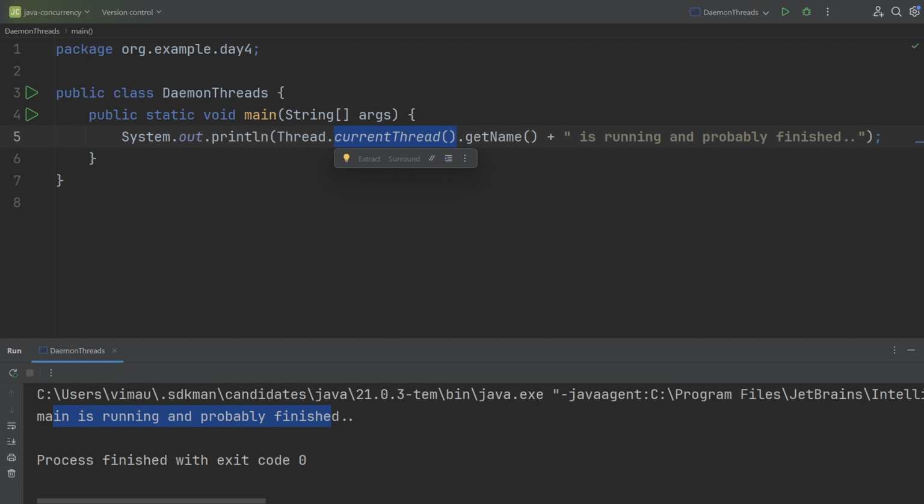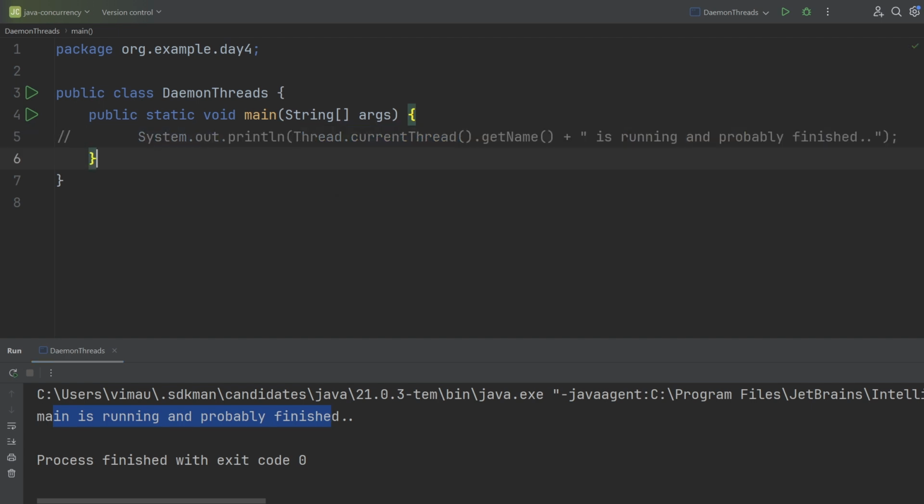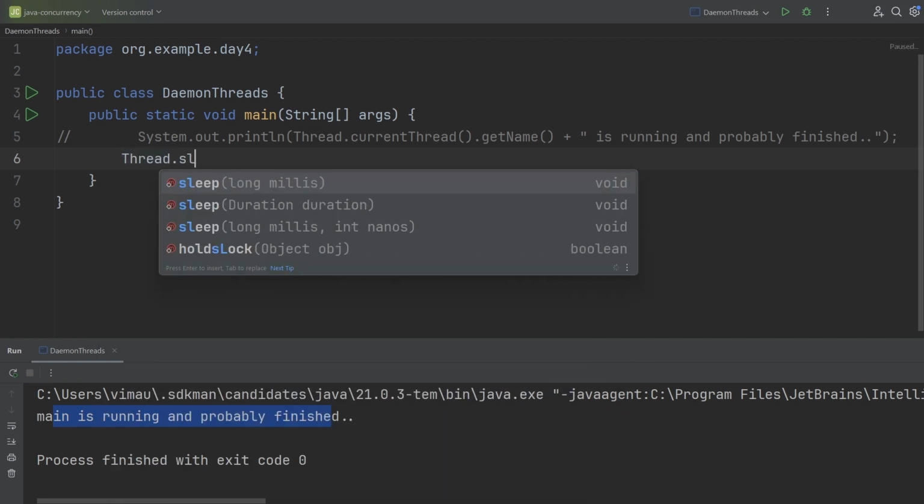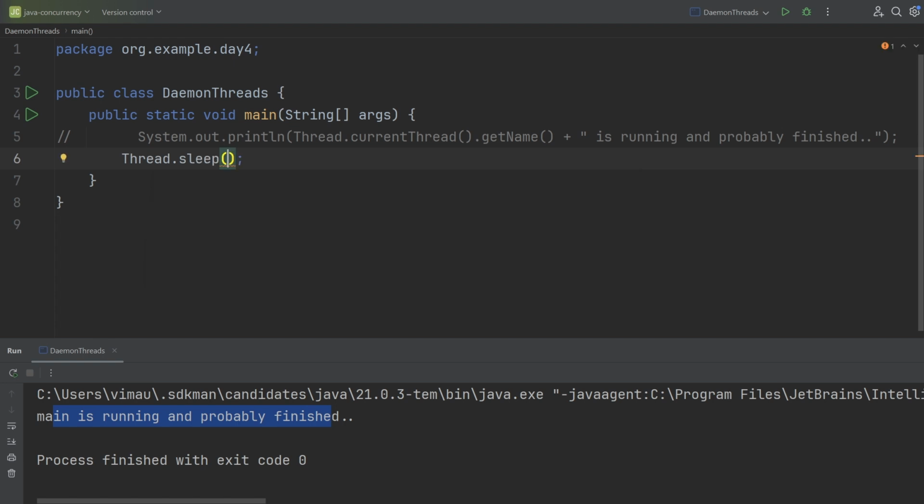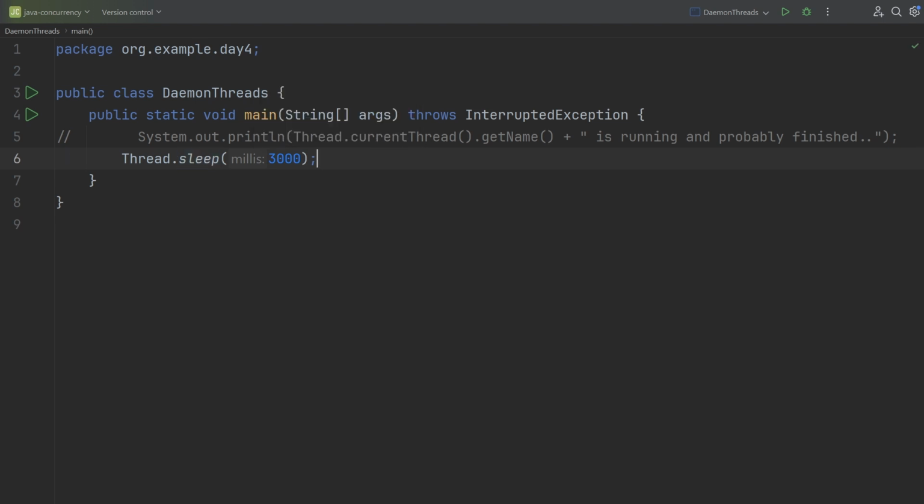Now, what happens if we comment this one and introduce a delay? Because not every program will be as quick as dumping some message on the console. It may take some time. So let's say there is a delay of 3 seconds. We also covered the sleep method in the last video, so do check it out if you haven't done so. And with this delay, if we run the program now,